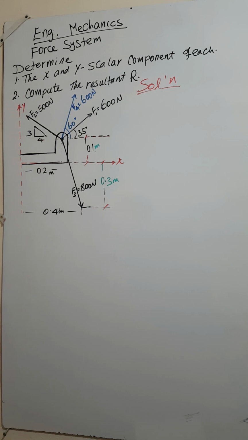so የምታዩት ምንድን ነው? እዚህ እንበልና ግድግዳ ላይ የተያዘ አርም አለ። ይሄ አርም የሆነ ክንድ ነገር አለ፣ ብረት። እዛ ላይ at this point የተለያዩ ፎርሶች አፕላይ ተደርገዋል። ወደዚህ F1 600 ኒውተን፣ ወደዚህ F2 500 ኒውተን፣ F3 800 ኒውተን and F4 600 ኒውተን ፎርስ አፕላይ ተደርጓል።